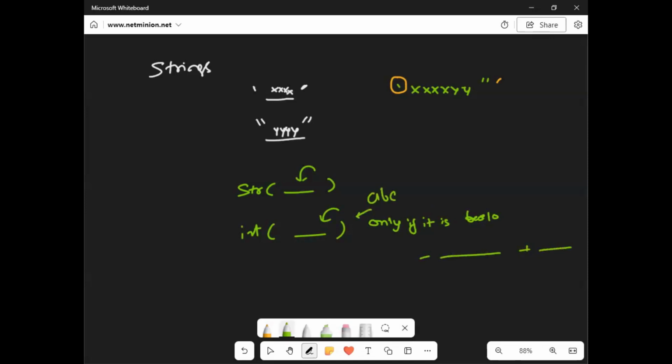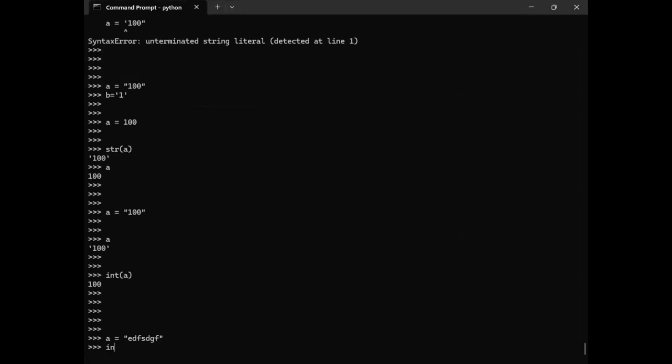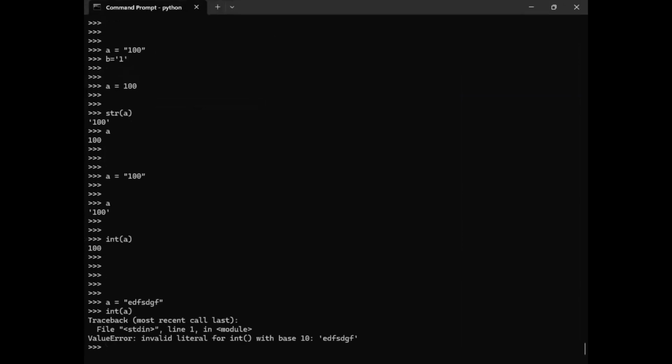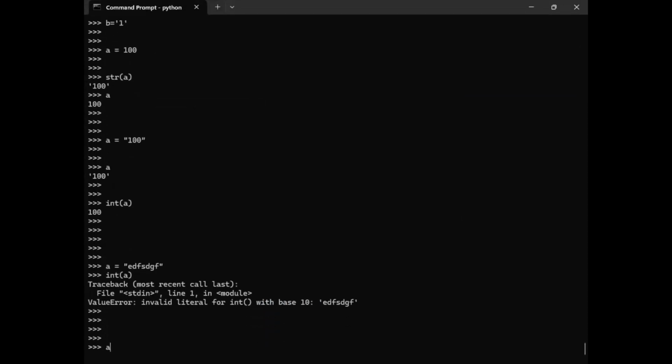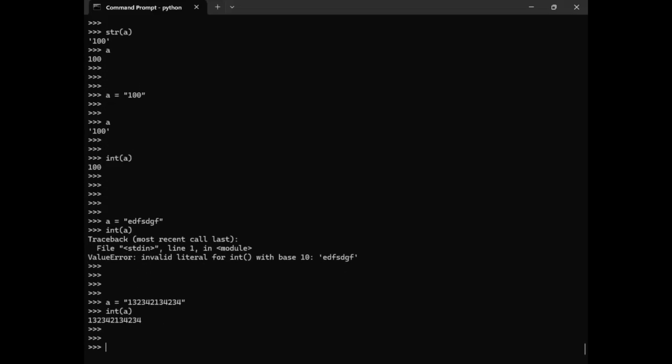So if you try to do that, it will throw the error. Like if a is equal to anything and you wanted to make the integer of it, it won't support, right? So you can see, you need to have base 10. So only if the string is containing a number like this, and you wanted to convert it into the integer, that is supported. I hope you people are able to understand what I am trying to say.